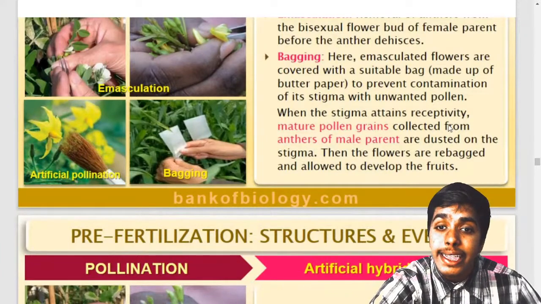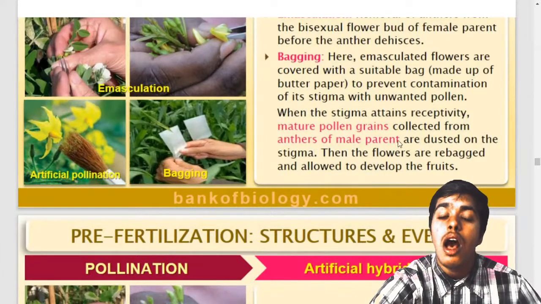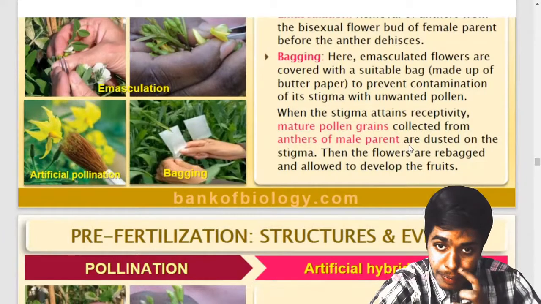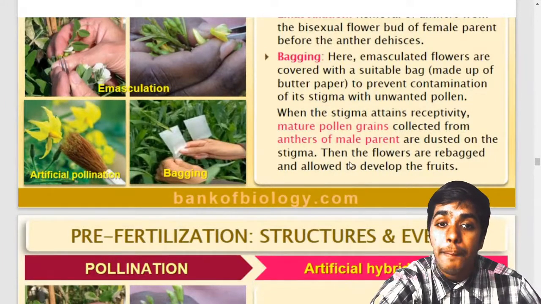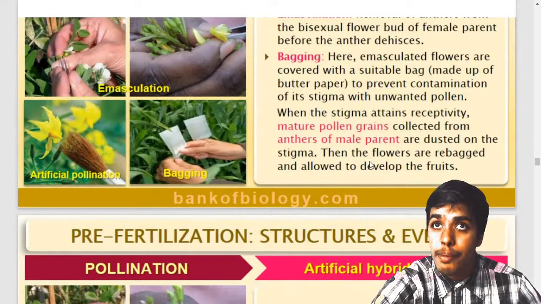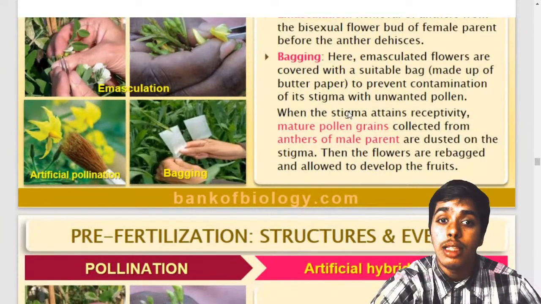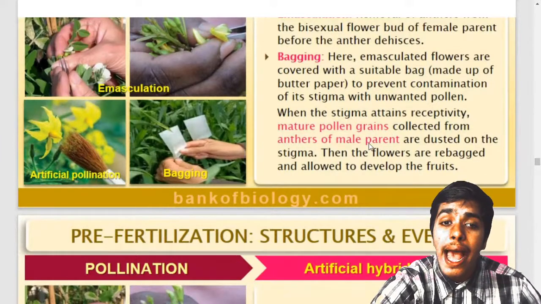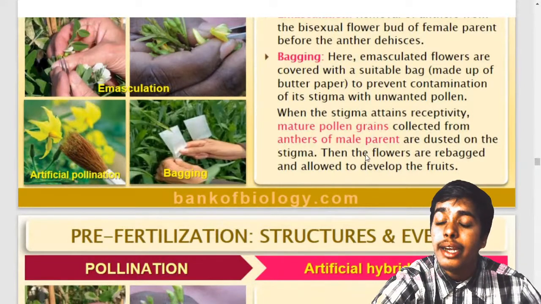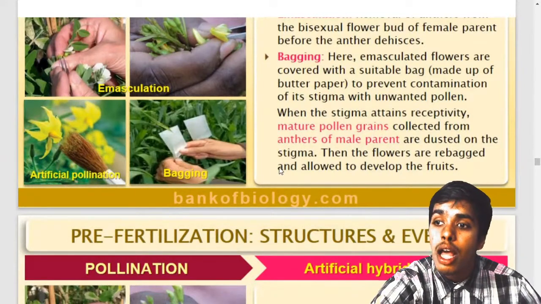Mature pollen grains collected from the anthers of the male parent are dusted on the stigma. Then the flowers are rebagged. That means after removing the first bagging, they will do this step: the mature pollen grains from the anthers of the male parent are dusted on the stigma. After that they rebag the flowers and they develop